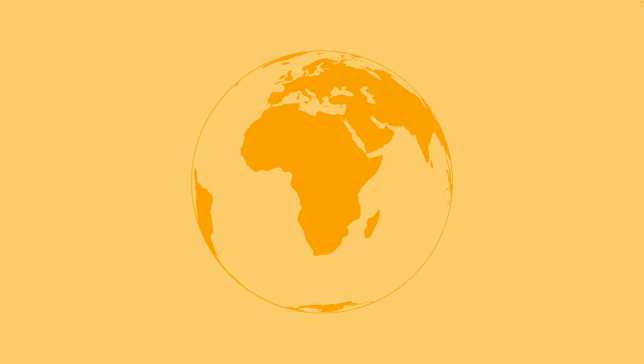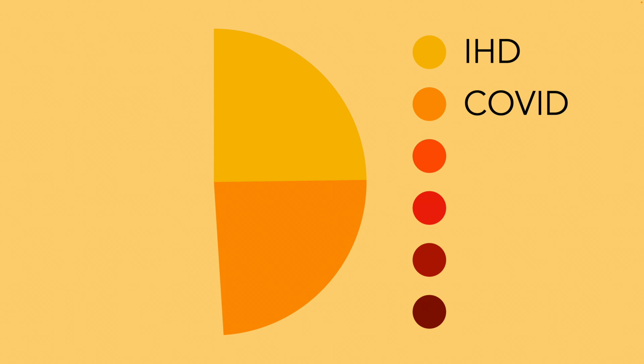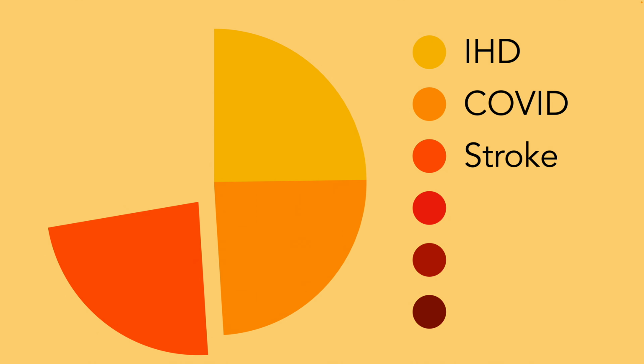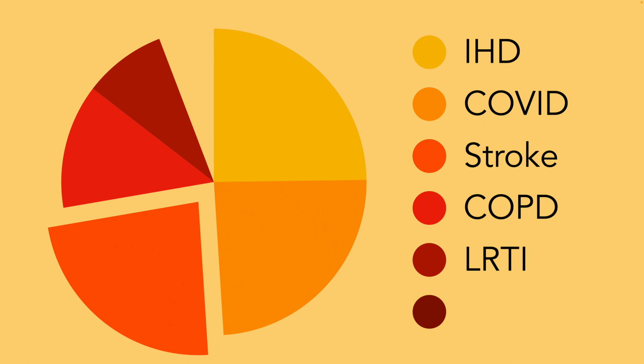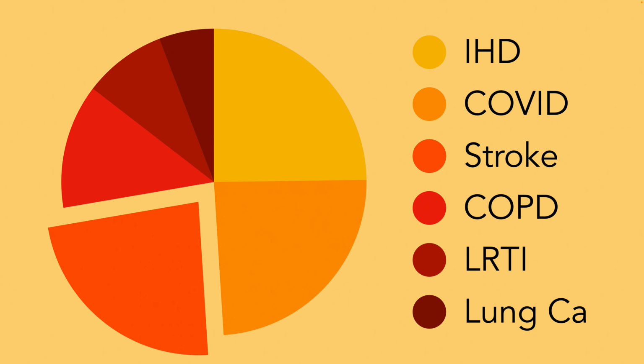Now, when you look at the World Health Organization's mortality outcome studies, this is the data from 2021. The biggest killer in the world was ischemic heart disease, then it was COVID, because it was 2021. Third was stroke. Now, why is this important? And it's because the leading cause of disability in the long term and the third biggest killer in the world is stroke. Then you've got COPD, lower respiratory tract infections that aren't TB, which was 10th, and lung cancer.